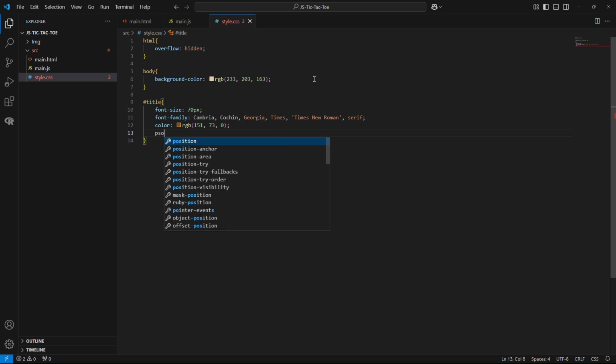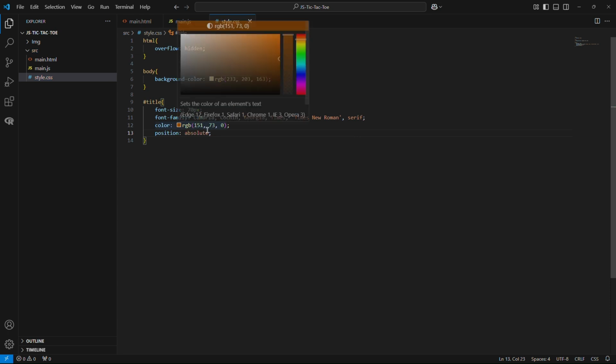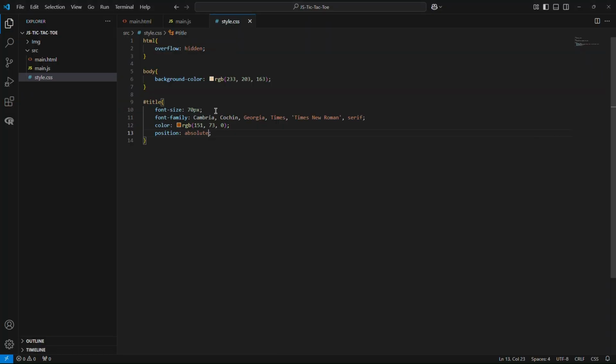In this case, position. Okay. I'm gonna stop there for a second and explain what this is. So position. Currently, the position of this HTML tag is just towards the right that we see. What I want to do is, like the original game, I want to move it towards the middle, somewhere around here. To do that, I want to set position to absolute, and I will define what that absolute position is, so it doesn't change as the game functions throughout. So the position is absolute, and I want the left to be